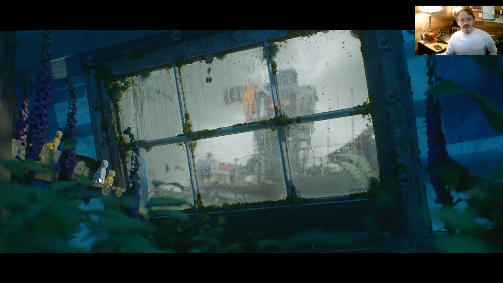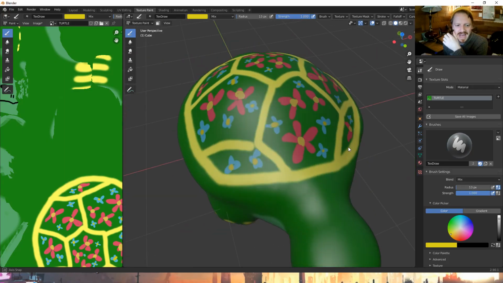But no, imagine if the first thing you saw were the cats, because then the following tutorial would be much more apt, because that's what we're doing today. Okay, so I've added the flowers, but it's still